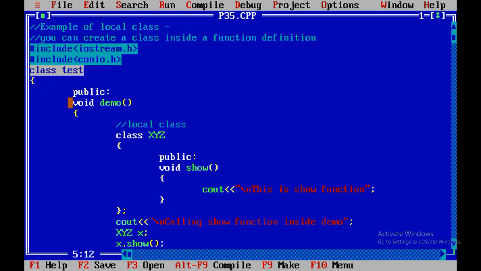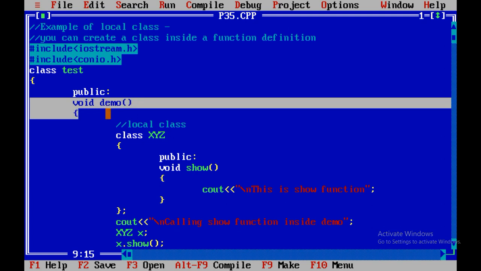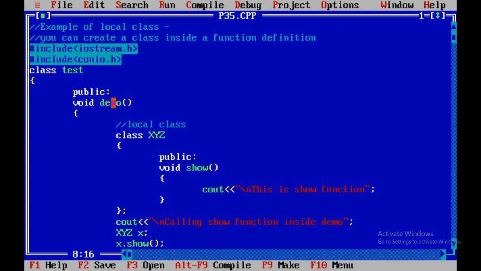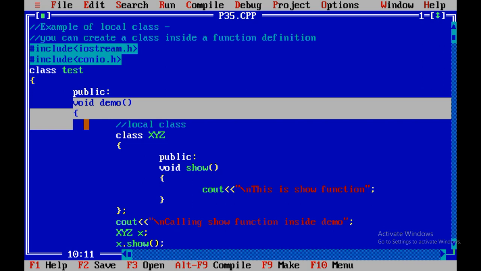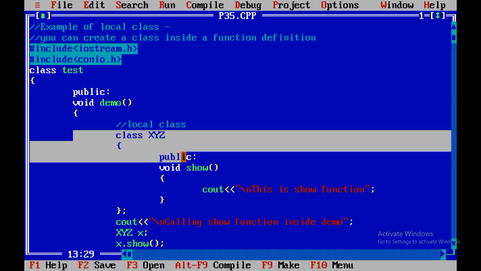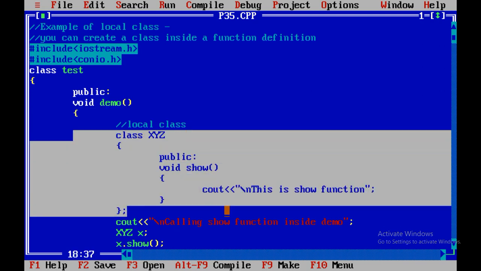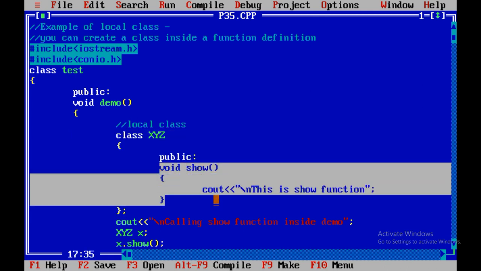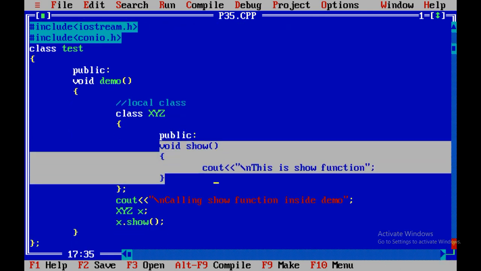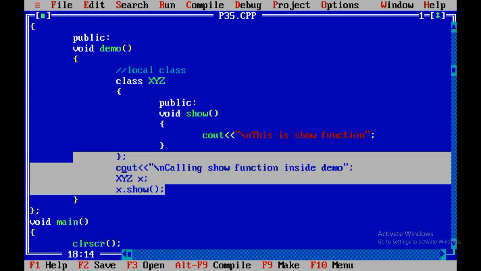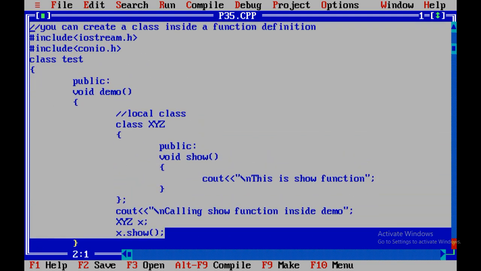Inside test class I have developed one method called demo, and inside the demo method I have created one new class which is called xyz. Again xyz class contains a method called show. Now in what way is it executed, what will be the output of the following program?